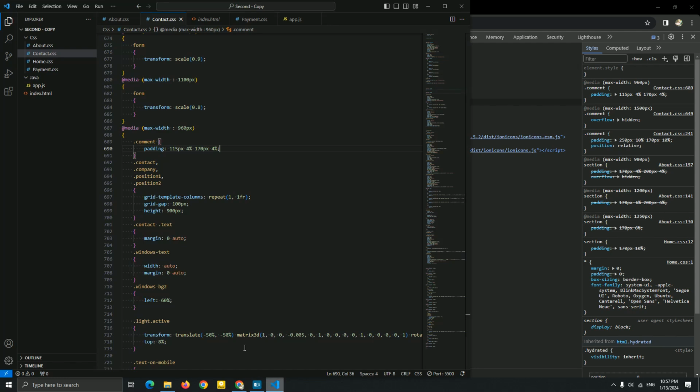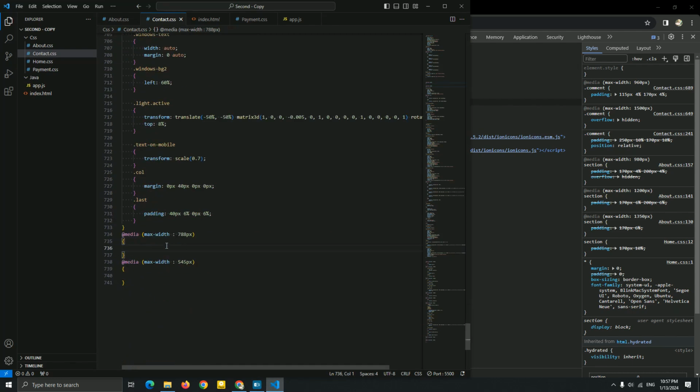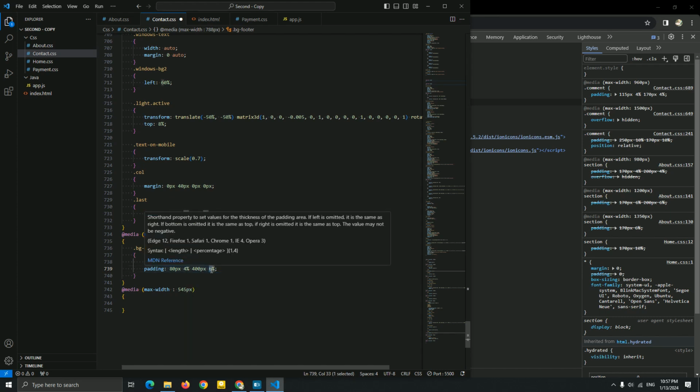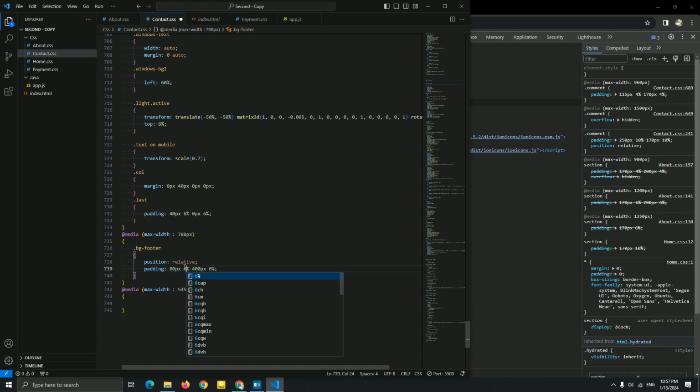Let's go to the next media of the form to finish the video. Let me start with the VG footer to add a position relative and add a padding 80 pixel 6%, and let me add a font size 6% or 4%, guys. Let me add the 6% to see what's gonna happen.